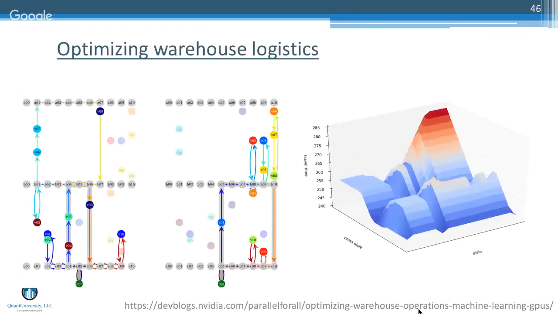And yeah, I mentioned this warehouse thing briefly earlier. There's this NVIDIA blog post that was trying to figure out what path, in what order, I should send a picker in a warehouse to pick up objects, and for a new object that I have to get, whose list should I add it to? So they had an optimal version of this that gave you the right answer, but was very slow. It took many seconds per